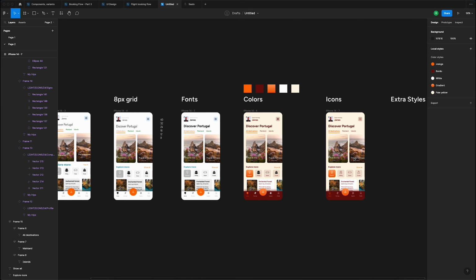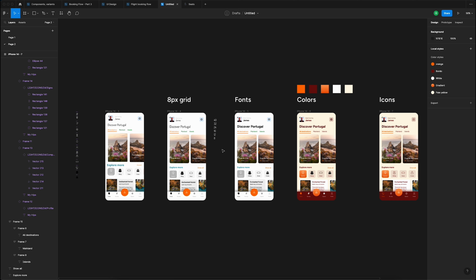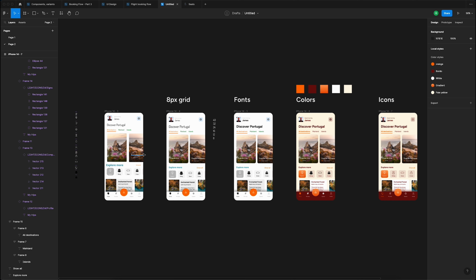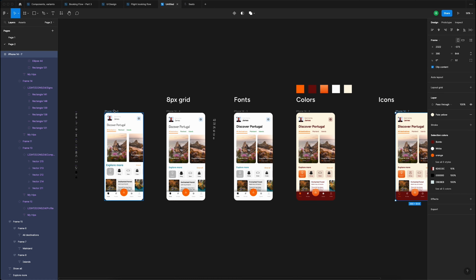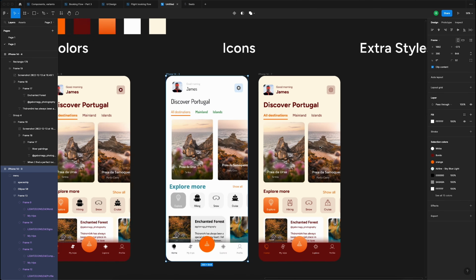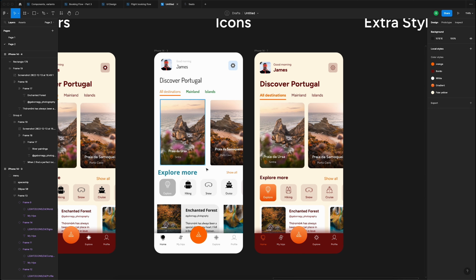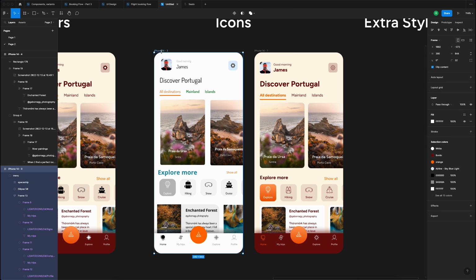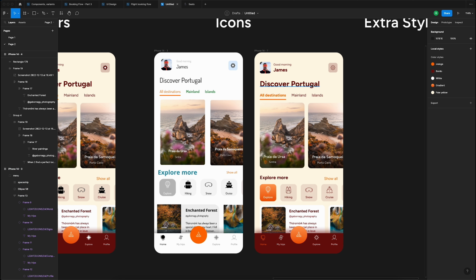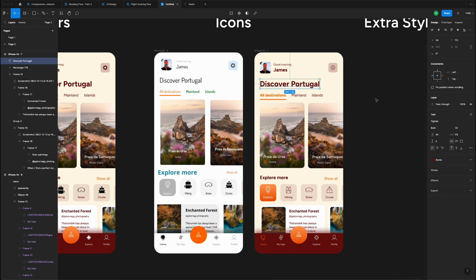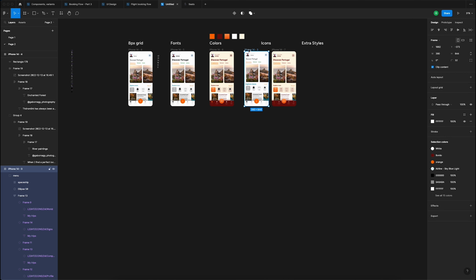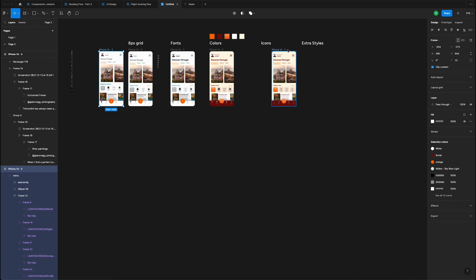with just some very easy and little steps, we changed from this to this, and in my opinion it looks much better, and it's more understandable, it's more consistent with the colors and the fonts and the icons. But we can do a few more things, so I'm just going to put this back here